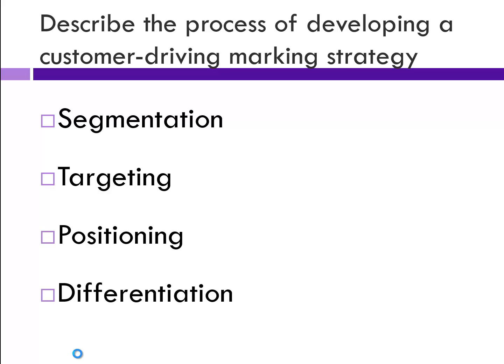And then the last one is differentiation. Once I decide what position I want to offer, how am I going to set myself apart from my competitors? What's different about my product that I offer my customers compared to my competitors? And you have to do this first, because once I determine which group of people I'm going to target and how I'm going to do it, what's different about me, what position do I want to occupy, all the other steps in the marketing process, they need to support this position and this differentiation that you've done. If the position I want is super high quality and the differentiation is I offer better service than anybody else, then those are things I need to keep in mind throughout my entire marketing process. So that's why you have to do this before you get to the rest of it.